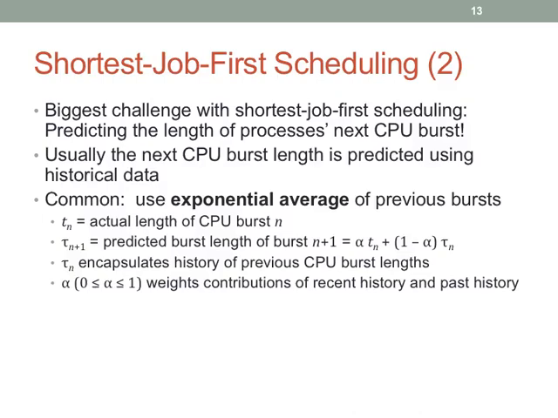Anyway, we have the actual length of the CPU burst n. This is a measurement that we've taken, so t sub n is the actual amount of time the process, or the kernel thread, previously spent. We have the predicted burst length. Notice it's tau instead of lowercase t, n plus 1. And what we do is we have this parameter alpha, which is our little knob that we can turn. It goes between 0 and 1. Basically that allows us to decide how much we care about recent history and how much we care about distant history. So we multiply our measured previous cycle time by alpha,